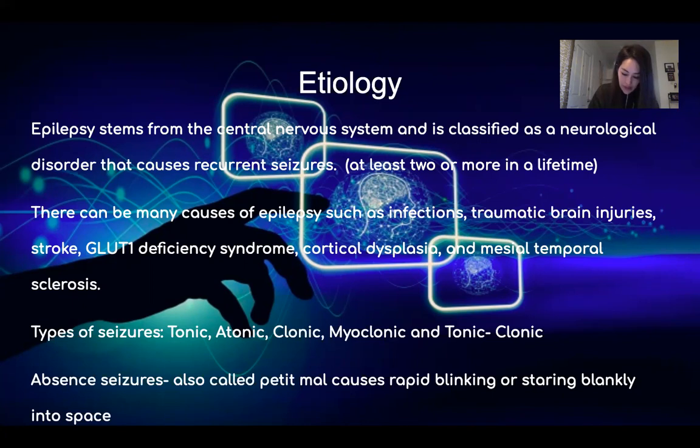The clonic is a seizure that involves jerking, kind of like just seizing up. There are jerking motions that can happen across both sides of the body as well. And then there's myoclonic, which is also jerking, twitching movements that occur in the upper part of the body and the lower part of the body, so the legs and the arms. There's the atonic, and these seizures are more of a loss of muscle tone.